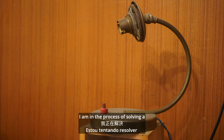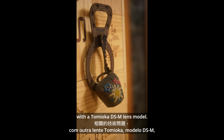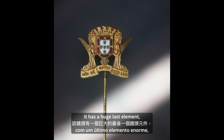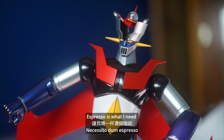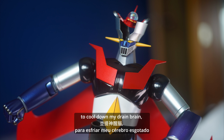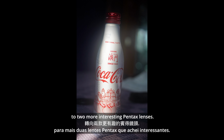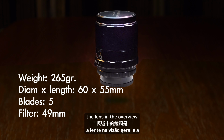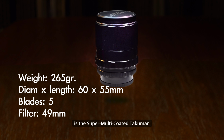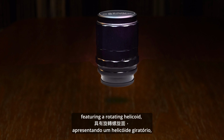I am in the process of solving a technical barrier with a Tomioka DSM lens model. It has a huge glass element and no AM switch. Espresso is what I need to cool down my drained brain, so I decided to jump to two more interesting Pentax lenses. In this chapter, the lens in the overview is the Super Multi-Coated Takumar 50mm f4 Macro, featuring a rotating